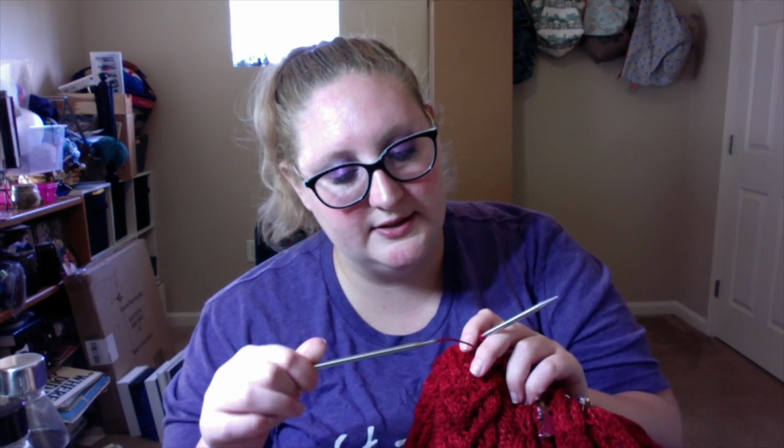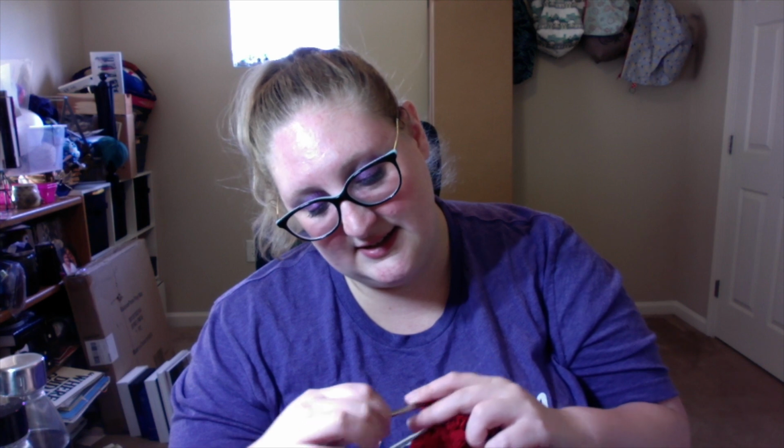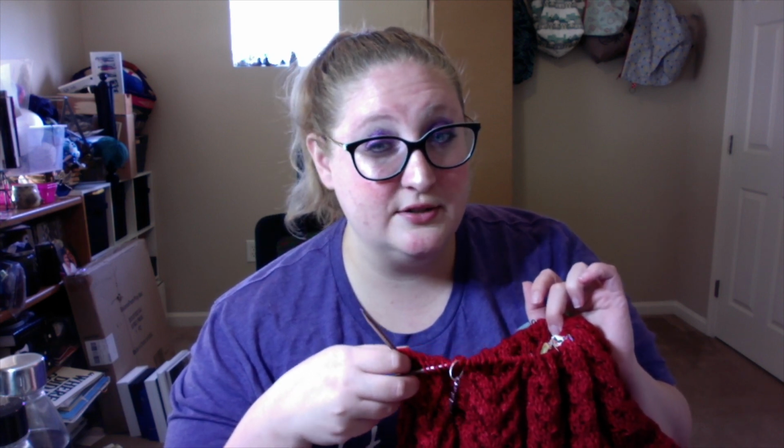This is being knit on ChiaoGoo needles, and they are a size 8, and I'm knitting it on the 32-inch cord. It's going to change pretty soon though, because I'm getting pretty close to the decreases. I have to finish this last round of regular cables, and then I start the decrease chart. So this will be downgrading soon, most likely. My only other WIP